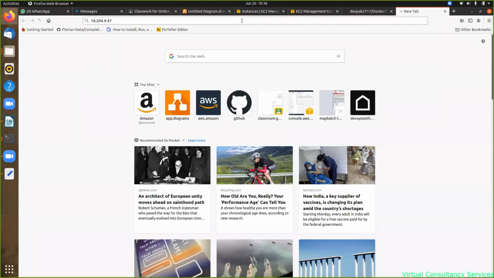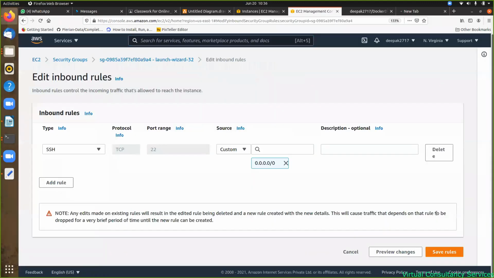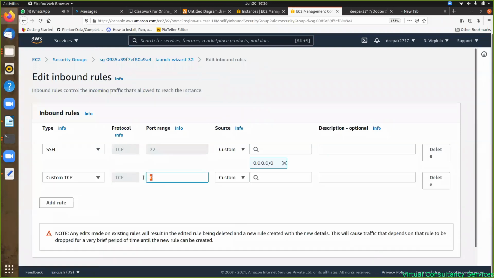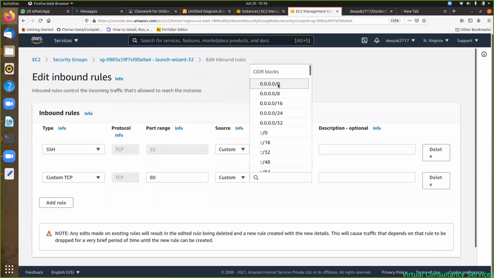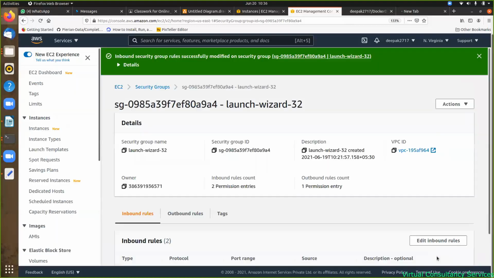ठीक है, वो टाइम आउट मार देगा। तो मेरे को क्या करना पड़ेगा इसको चलाने के लिए? यहाँ पे मुझे एडिट इनबाउंड रूल्स में जाके 80 पोर्ट इनेबल करना पड़ेगा, है ना? ये किसका 80 पोर्ट इनेबल कर रहा हूँ, कंटेनर का कि होस्ट का? होस्ट का, करेक्ट। ऑब्वियसली सिक्योरिटी ग्रुप इज रिलेटेड टू इंस्टेंसेस राइट। तो मैंने यहाँ पे इनेबल कर दिया। नाउ आई एम सेविंग द रूल्स।